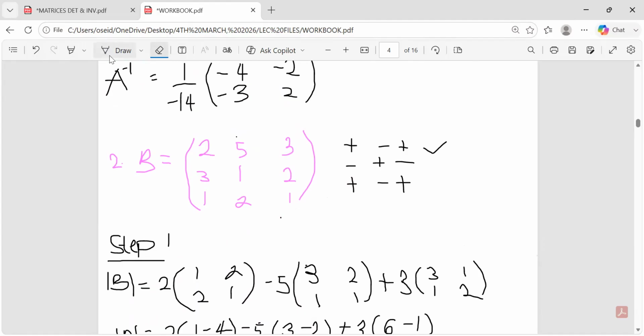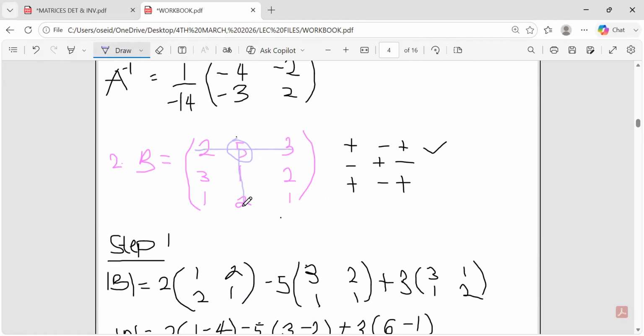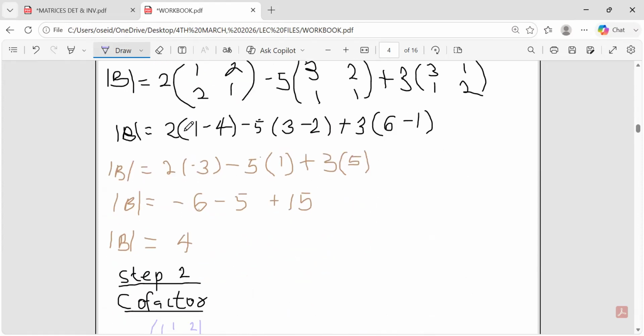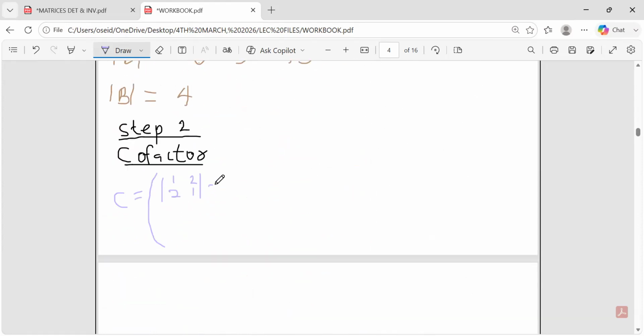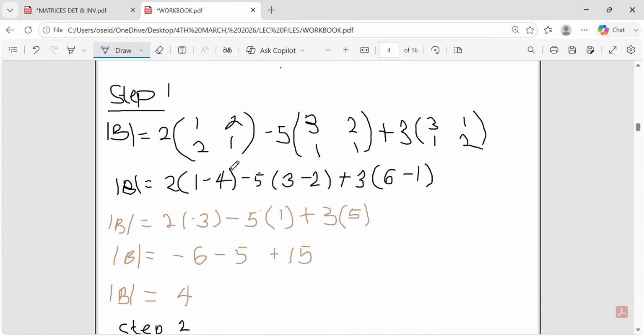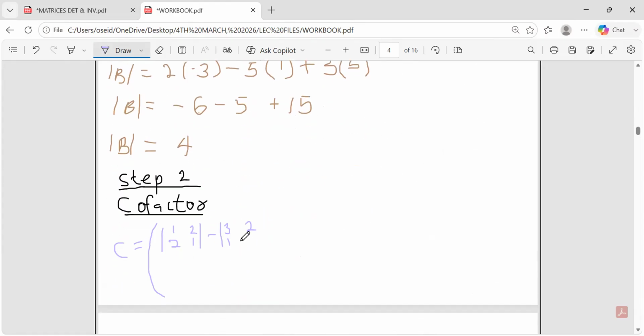So let's take the second element and assume that the first row does not exist and the second column also does not exist. So we are left with the elements 3, 2, 1, 3. So minus 3, 2, 1, 1. Bracket close. Plus,